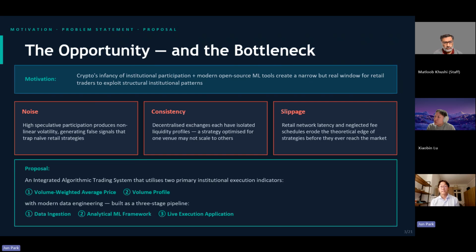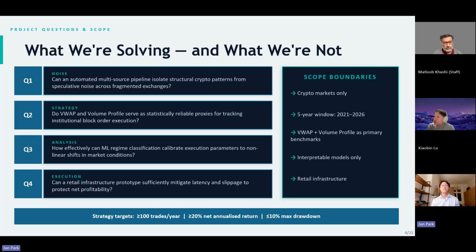To solve these barriers, I developed a modular three-stage pipeline: a data engineering layer to clean and standardize historical data, an analytical machine learning framework to classify market regimes, and a live execution application featuring realistic transaction cost accounting. These will leverage two key institutional benchmarks, which are the volume weighted average price, or VWAP, and volume profile, which I'll go into. Each stage of the pipeline corresponds to one of the four research questions, as shown, while